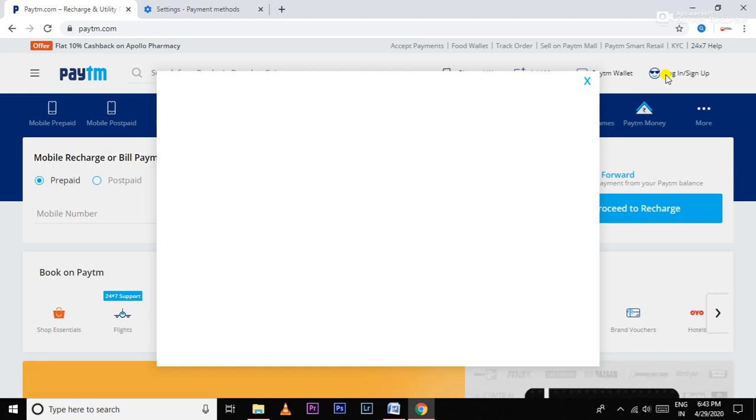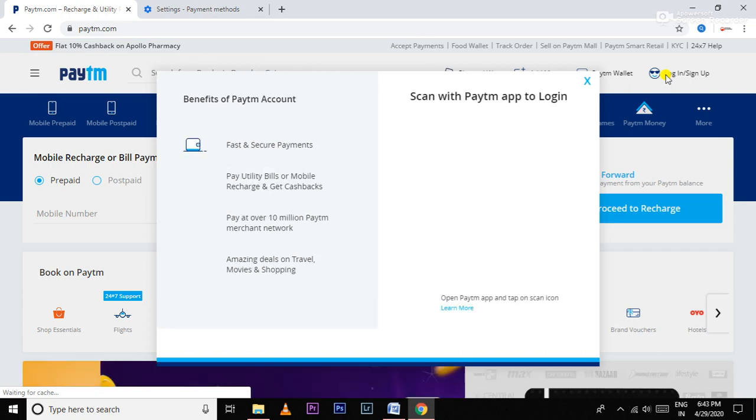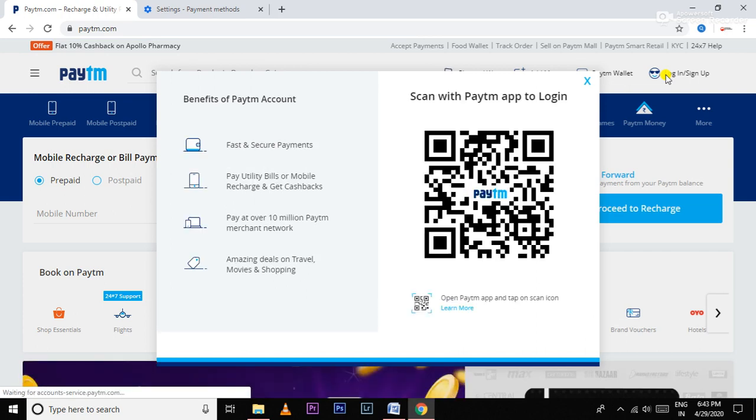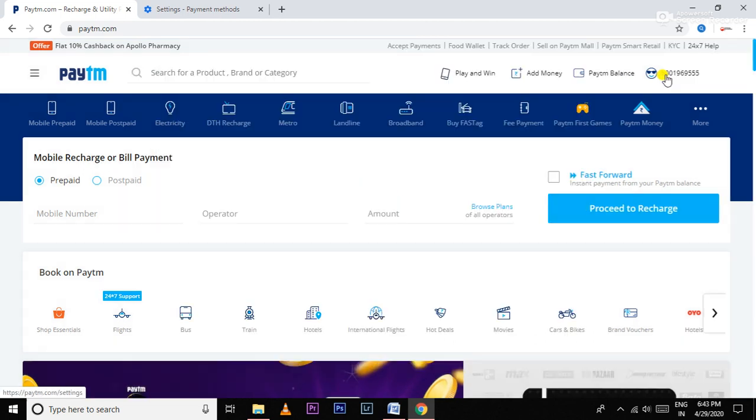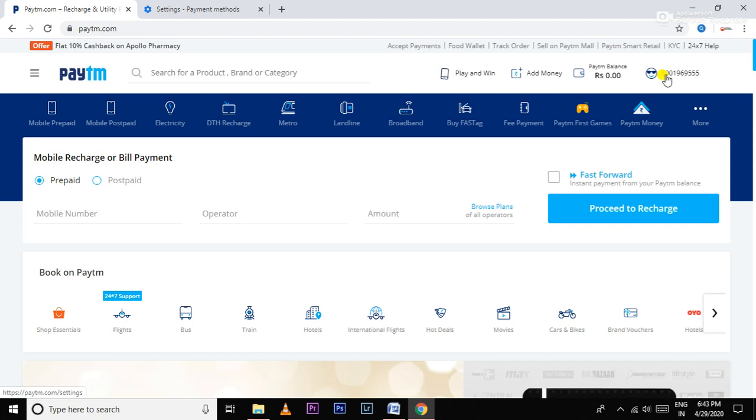So you have to open the Paytm from your mobile phone and scan the QR code. Okay, so right now I'm scanning. So as you can see, the login process has been completed. Okay, so this is how you log in. So after that, you can see here you have zero balance in Paytm.